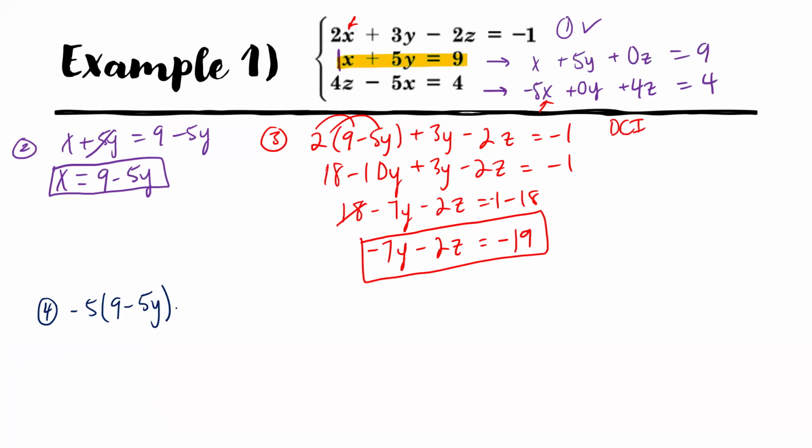Is it necessary to write plus 0y? No, it's not. So we're not going to write it. Equals 4. And again, when you substitute in, you're going to distribute, combine, isolate. Distribute, which gives us -45 minus